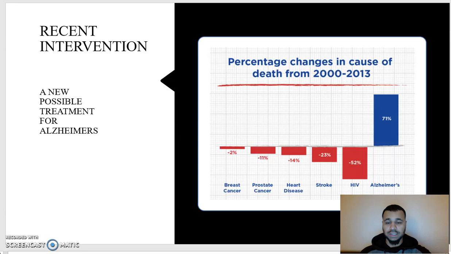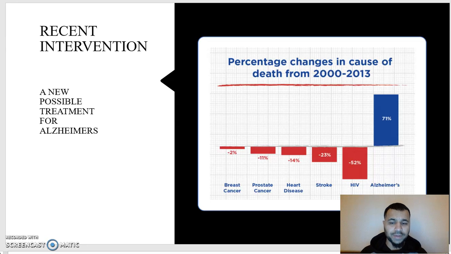So this is basically what Alzheimer's is. And the study was done in July of 2018, so not that long ago, pretty recently. They came up with a drug, a medicine called BAN 2401. And what this does is basically